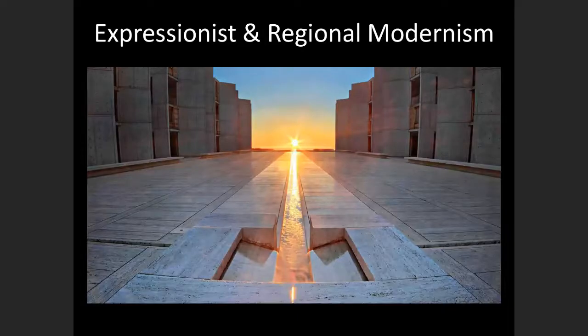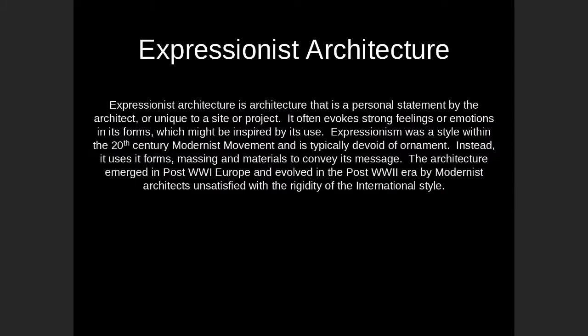Okay, so I want to finish today talking about two kinds of things, regional modernism and expressionist modernism. These are part of the same modernist genre that we've been talking about that emerges in both Europe and the United States. It spreads across the world, and as it spreads, we start to see other cultures and places say, wait a second, we need to adapt this for our own unique culture or materials or environment or whatever. And so we get a rise of regionalism, but we also see a lot of architects who